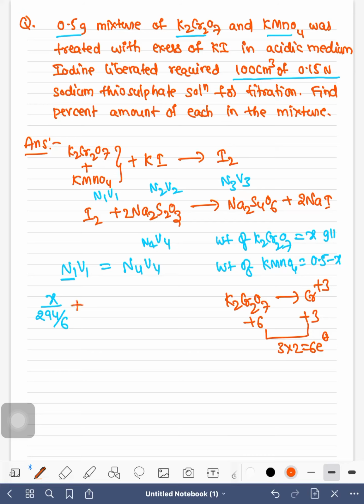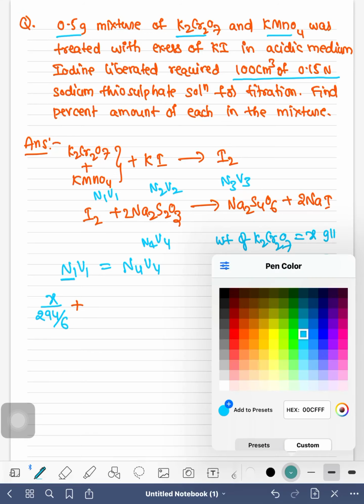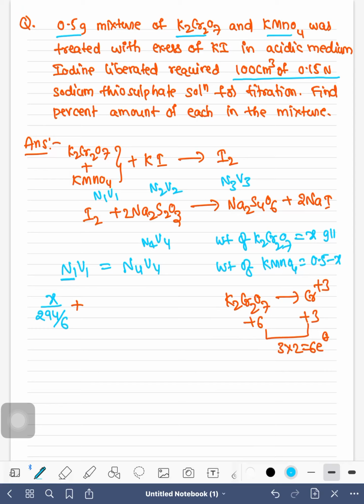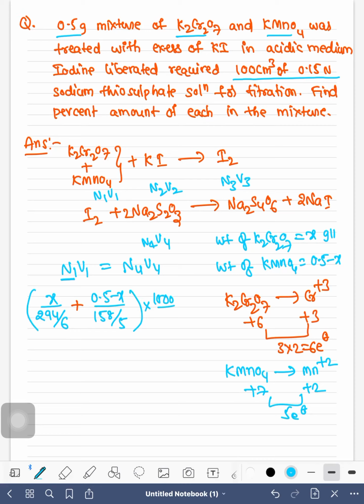The second one is KMnO4. The weight of KMnO4 is 0.5 minus x, by 158 by 5, because of the number of electrons transferred in KMnO4. In acid medium, KMnO4 is reduced to Mn2+. The number of electrons transferred is 5. That's why it is 158 by 5, weight by equivalent weight, into 1000 by V in ml,